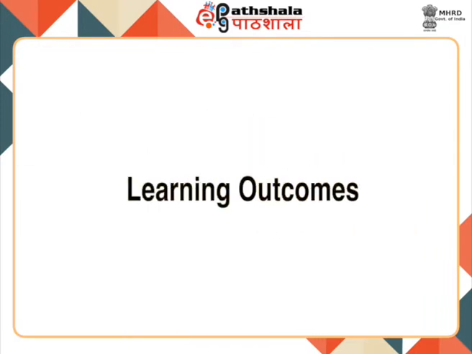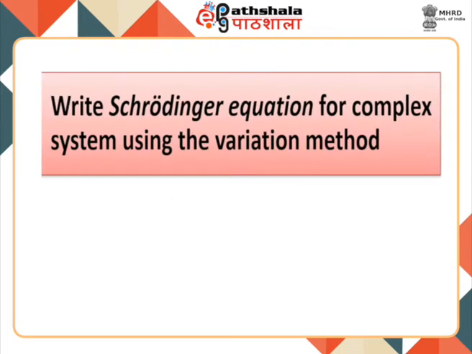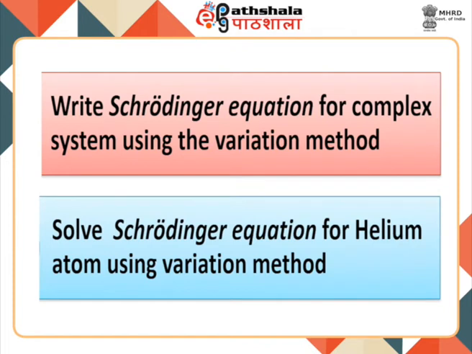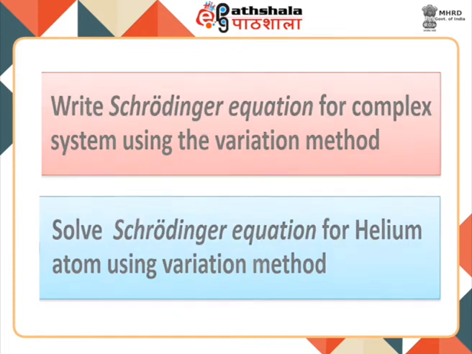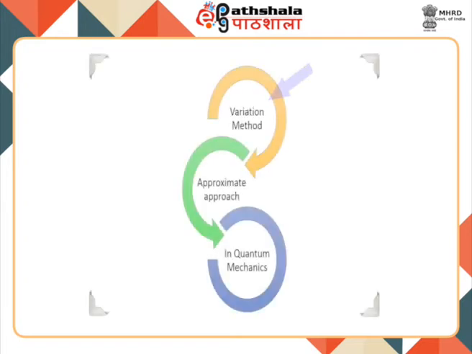After studying this module, you shall be able to write Schrödinger equation for complex system using variation method and solve Schrödinger equation for helium atom using variation method. As we are already aware that variation method is an approximate approach used in quantum mechanics to find eigenstates and